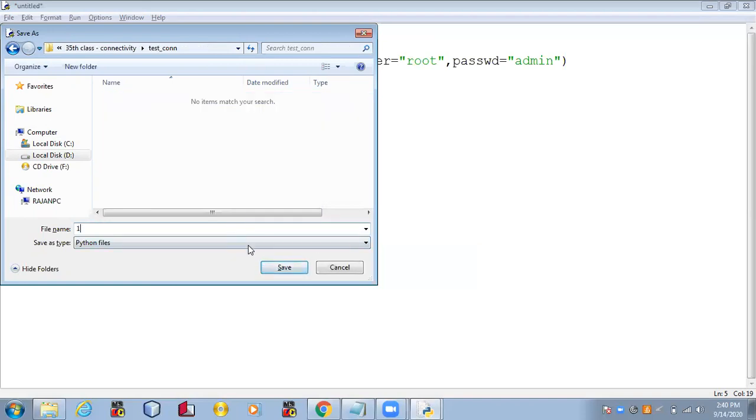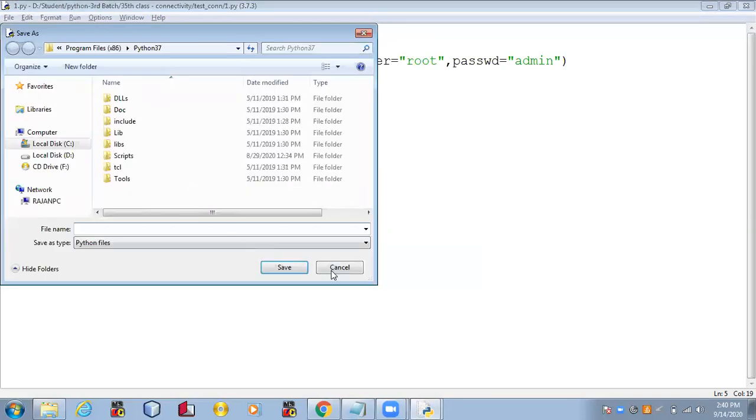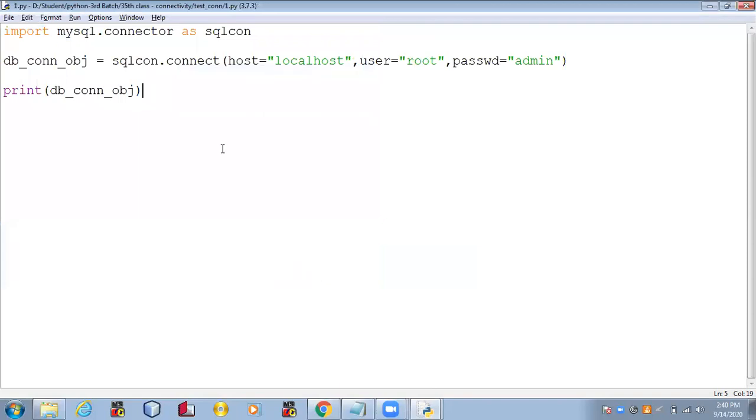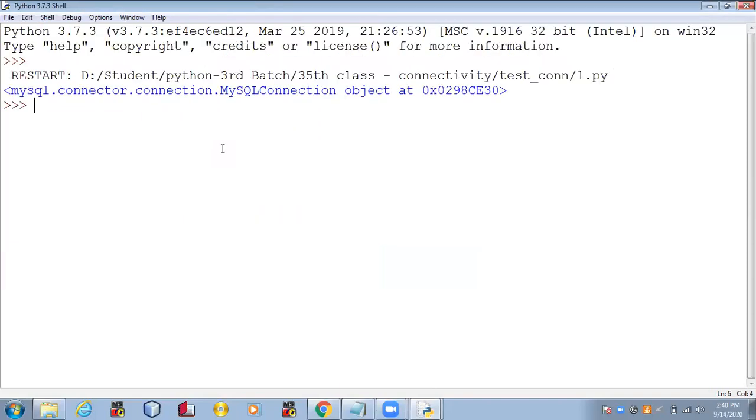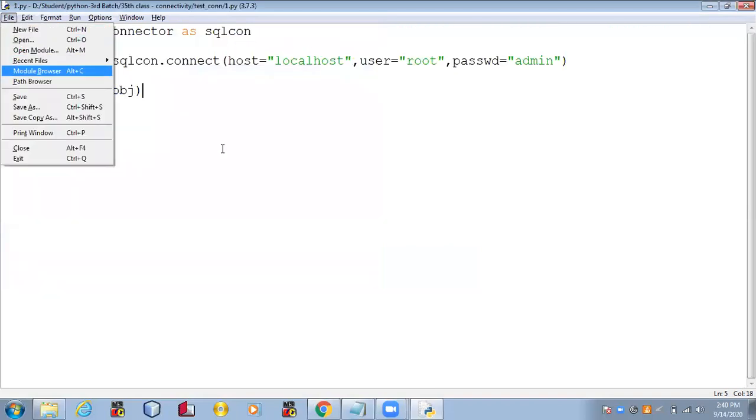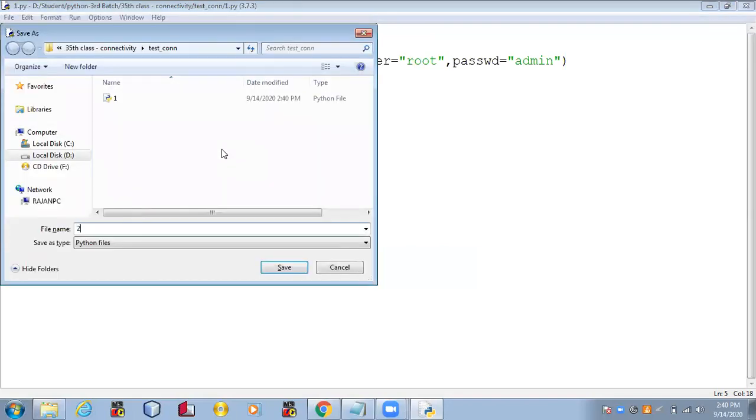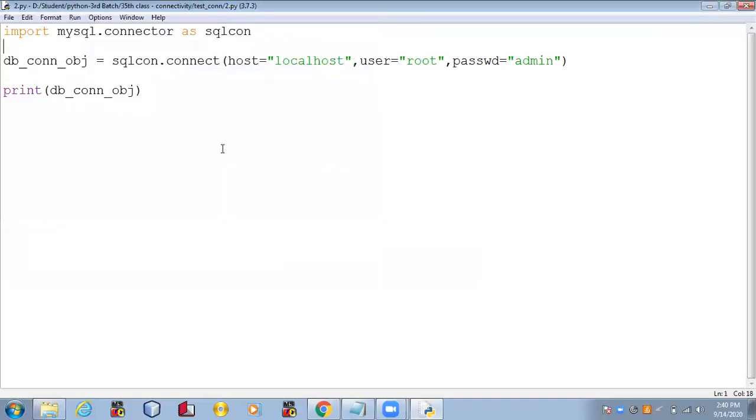Save, and let's run this. Now we have got the message in blue color. It means my application is successfully connected with MySQL. This is the first approach. Let me save this with a different name. Now it is saved with a different name.